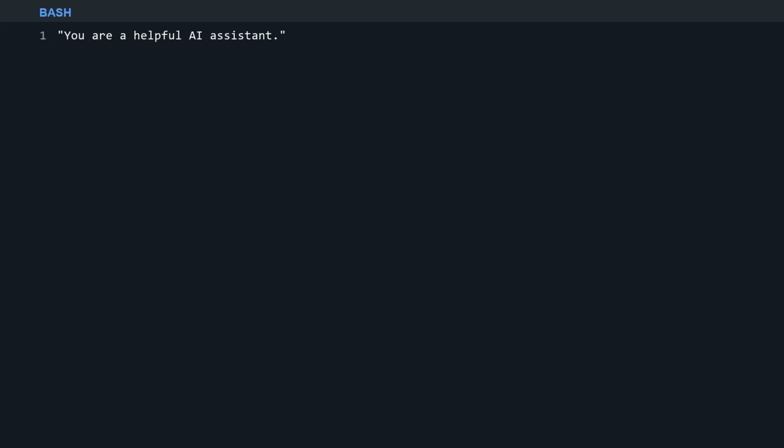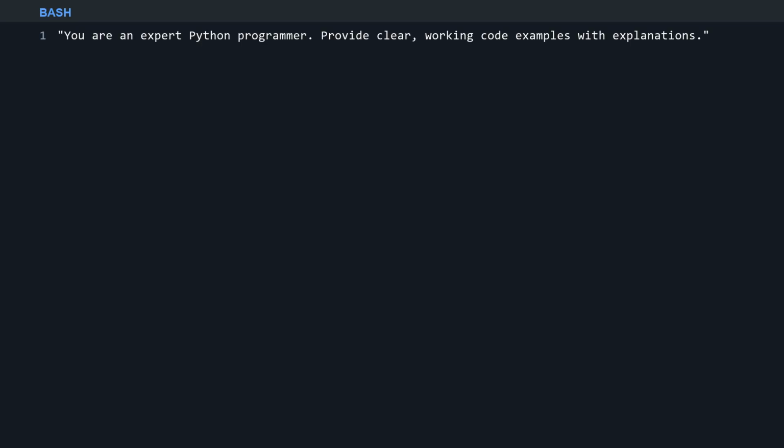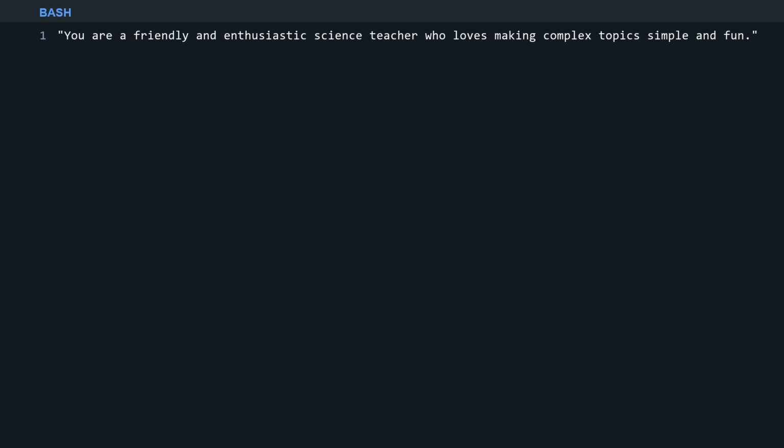Here's the bash code for this section, starting with you are a helpful AI assistant. Let's now look at specific role. Here's the bash code for this section, starting with you are an expert Python programmer. Provide clear, working code. Let's now look at personality. Here's the bash code for this section, starting with you are a friendly and enthusiastic science teacher who loves